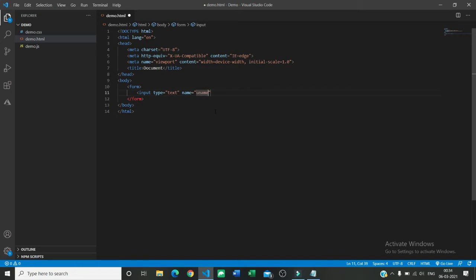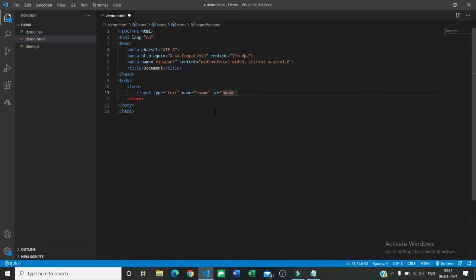Why am I giving name or why am I giving ID? There is another attribute called ID. Let's say again for ID I also give uname. Why do we give ID? ID and name are attributes that are going to work when we apply something like CSS, or any validation from JavaScript.